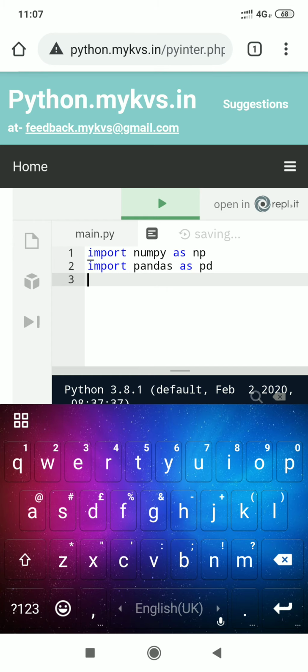Then we have to create a list of elements starting from 5 to 14.